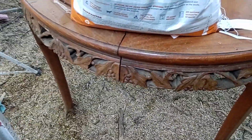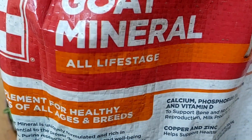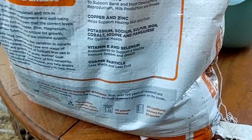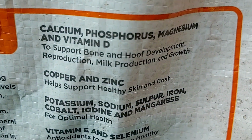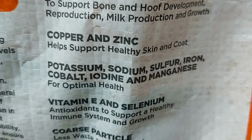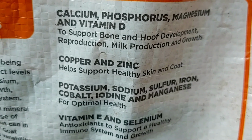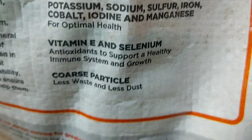So this is Purina's goat mineral for all life stages. I actually do not remember how much this was, but it has your calcium, all of these things here, but your copper and your zinc, which is really important. And as you can see, it promotes or supports healthy skin and coat. So you really know when...